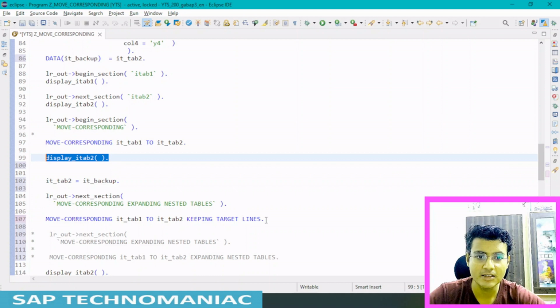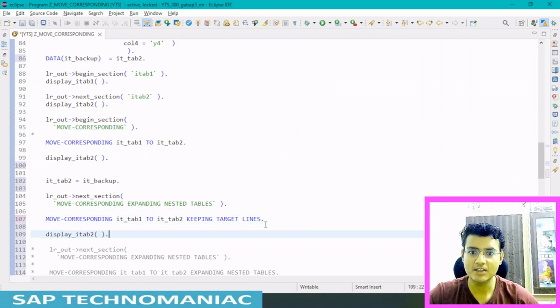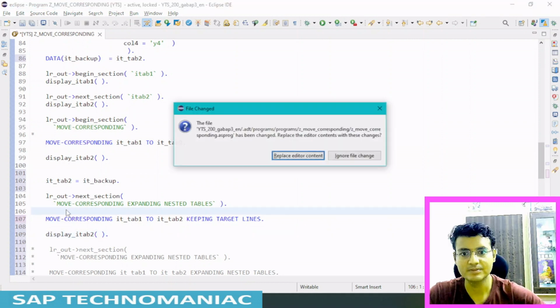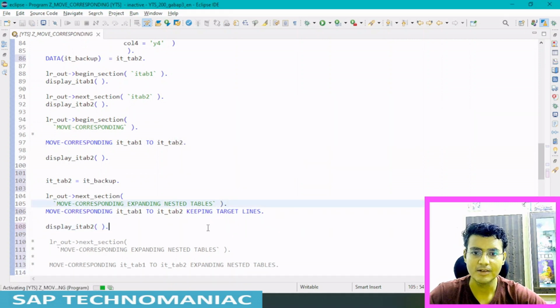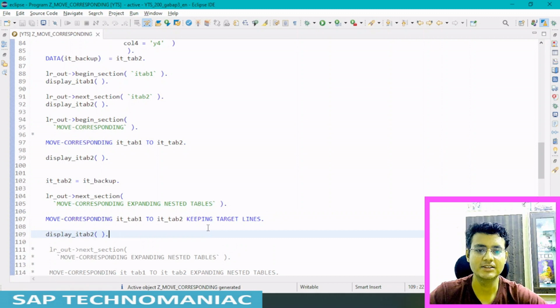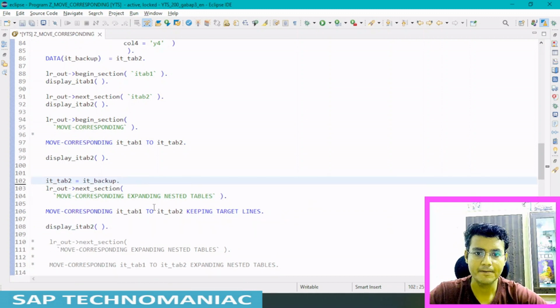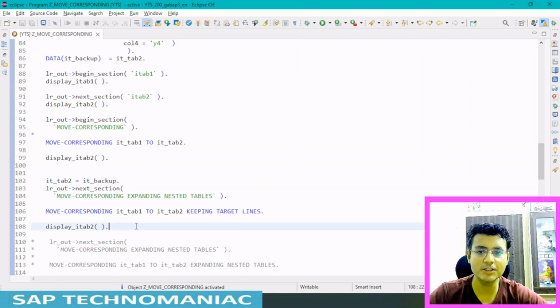Control C, Control V, Shift F1, Control F3. Let me execute this one also.